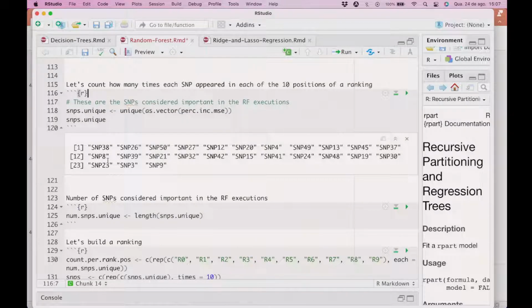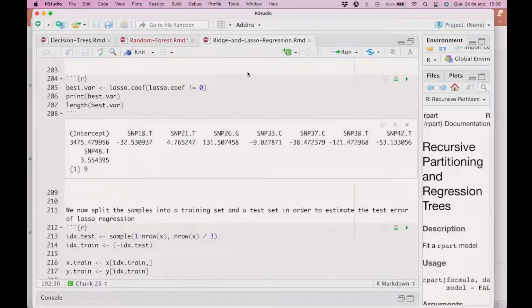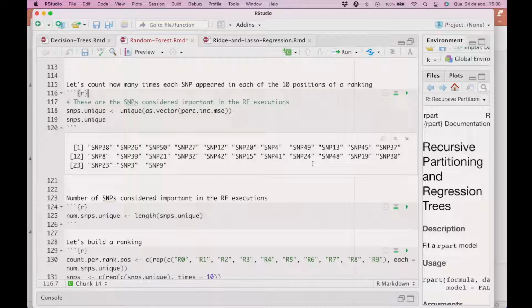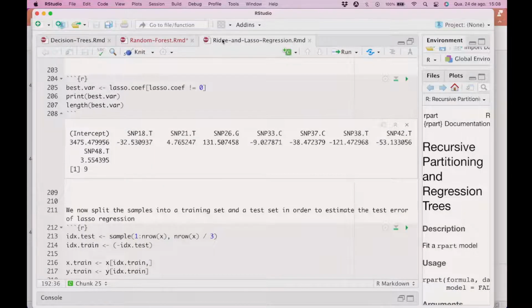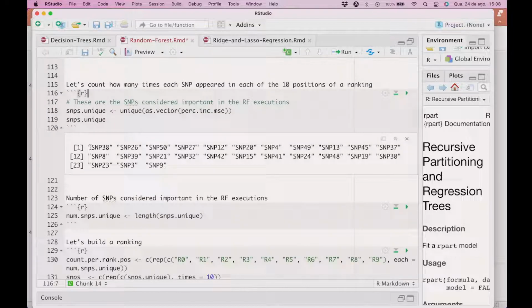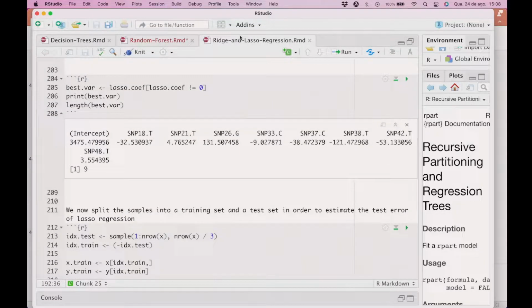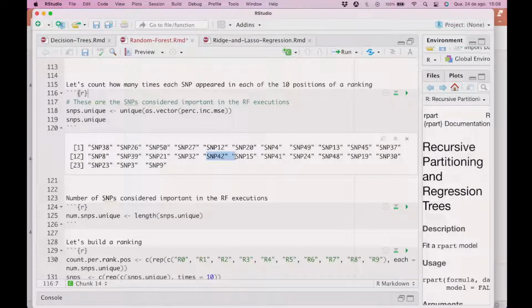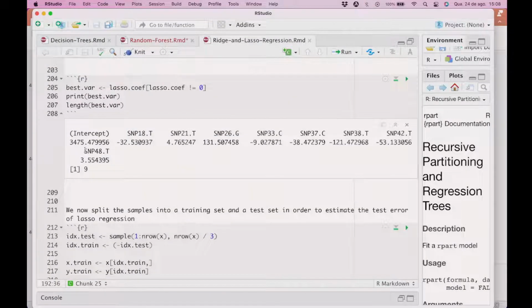No, 33 is not here. 37 is here. 38, what we saw that was the most important, is here. 42 is here. And 48